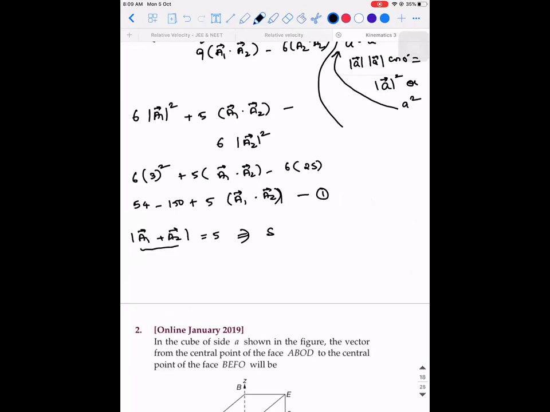Especially when you have the modulus of the sum of two vectors, the first step you need to do is square on both sides. You learn all these things in vector algebra in your math also this year. There you will understand. So you need to square on both the sides. When you square on both the sides, what can I write this as?